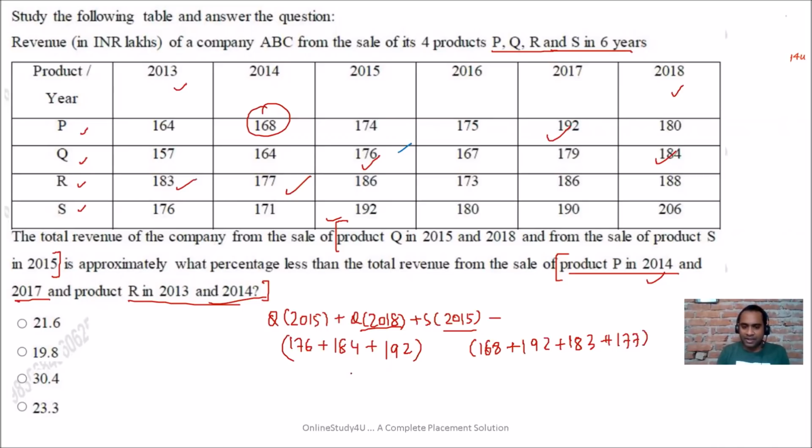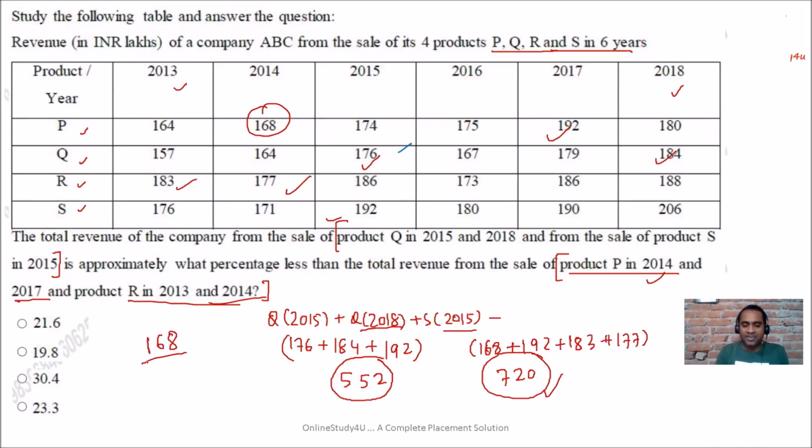If we add everything, this will become 552 and this will become 720. Now the question is: the total revenue from sales of the product is what percentage less than the total revenue from the sale of the product? So if we find the difference, 10 minus 2 is 8, 11 minus 5 is 6, and 6 minus